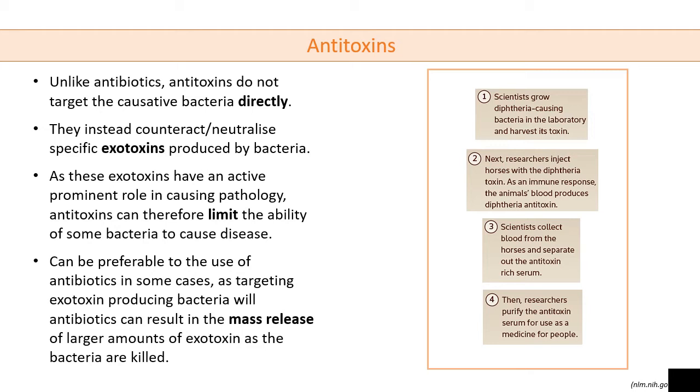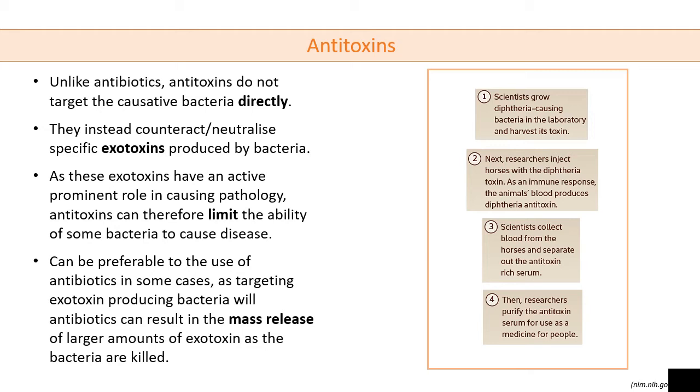So antitoxins are administered to a patient and they neutralize the exotoxins that are present in the system, and this is done in a specific way, of course, and there are specific strategies to develop and obtain the antitoxins that are used in various situations, and this is what's outlined on the right. So this is the strategy for isolating antitoxin to neutralize diphtheria toxin. So we talk about Corynebacterium diphtheriae being one of the bacteria that release a specific toxin that causes disease